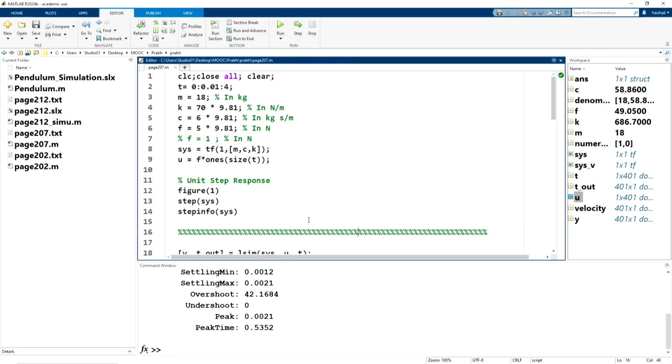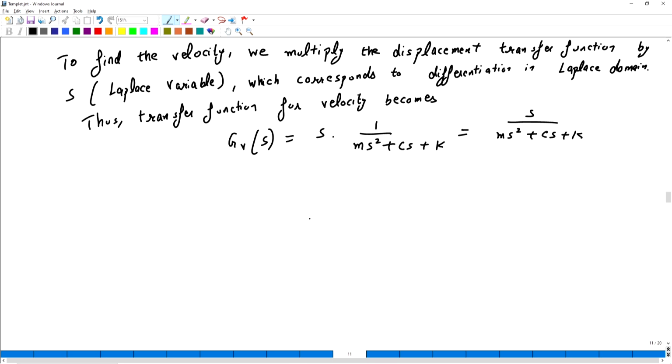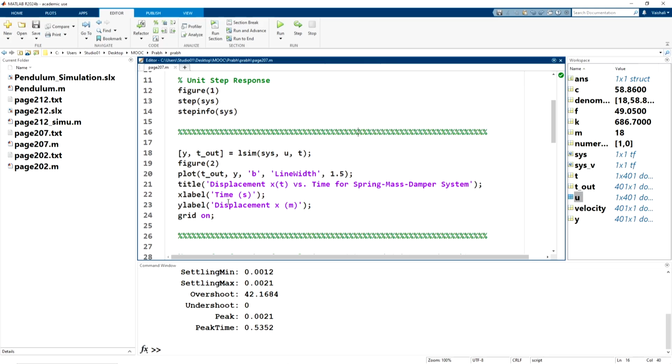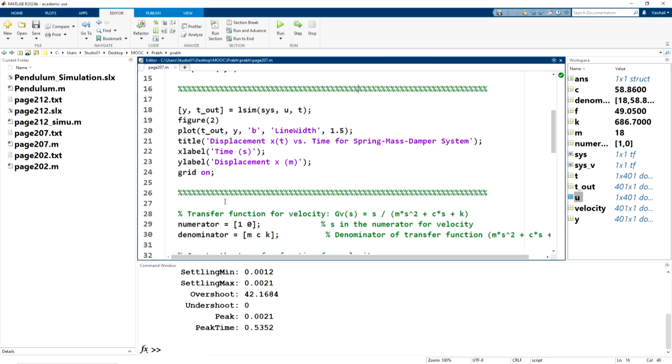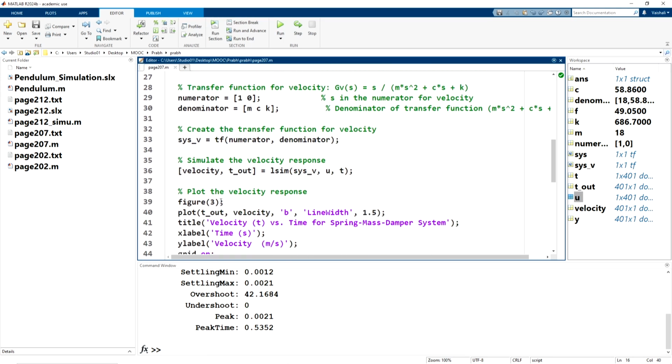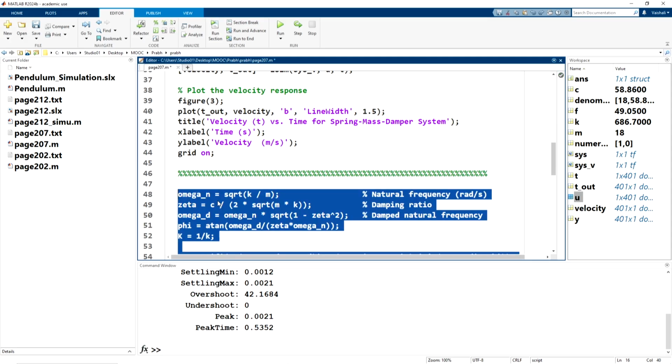Now there is another method we can obtain the velocity. Of course, the velocity is represented as v equals dx upon dt. Now what is x? x we have actually found in our previous lectures. Let me just go back to MATLAB. What we'll do is we'll differentiate that equation directly in MATLAB.